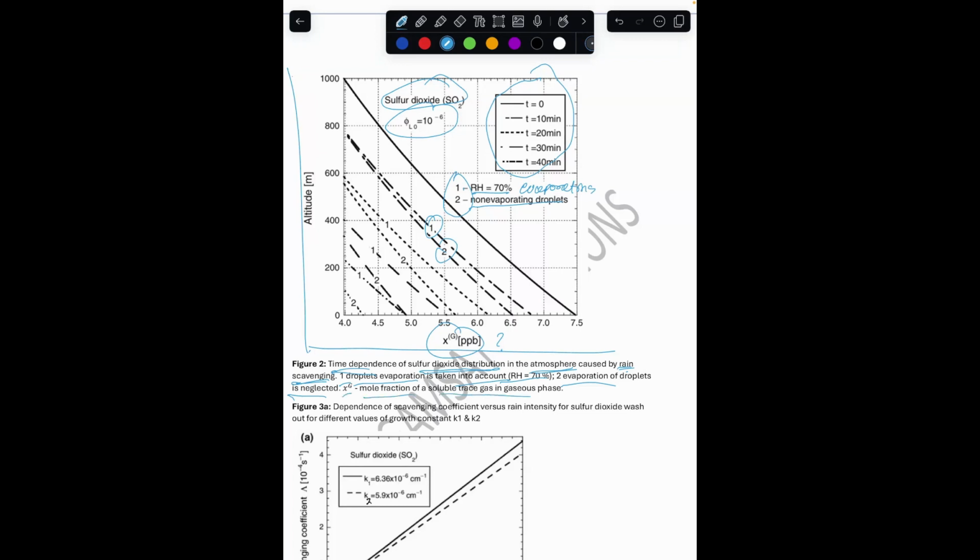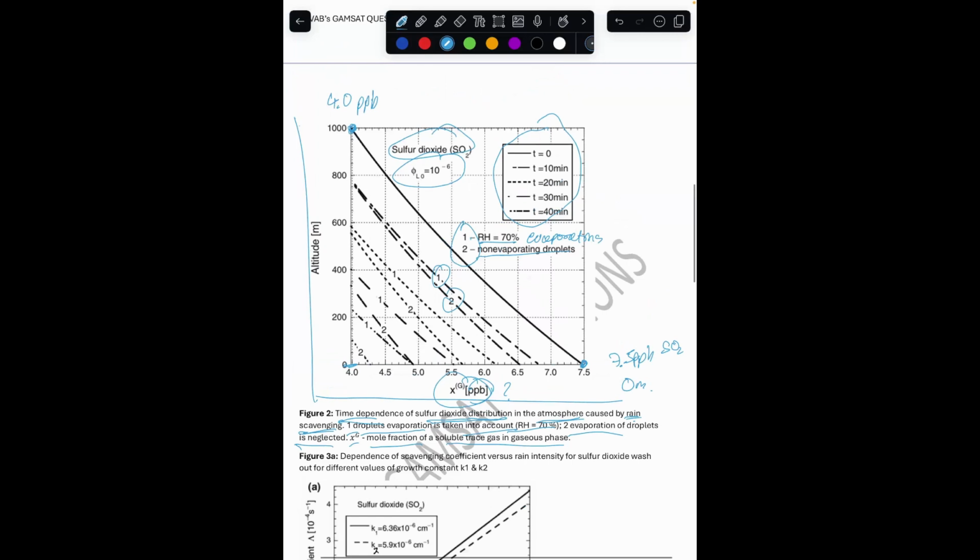Xg is the mole fraction of a soluble trace gas in gaseous phase. So a mole fraction is just how much of it there is, basically, because parts per billion, if you're familiar from chemistry, is a measurement of how much of that gas you have. And obviously, if you're considering the atmosphere, it's in gaseous phase. You're probably thinking how much of that SO2. So, for example, this is probably 7.5 parts per billion SO2 when you're at an altitude of 0 meters. Whereas when you're at an altitude of 1,000 meters, you only have 4.0 parts per billion of SO2 at an altitude of 1,000